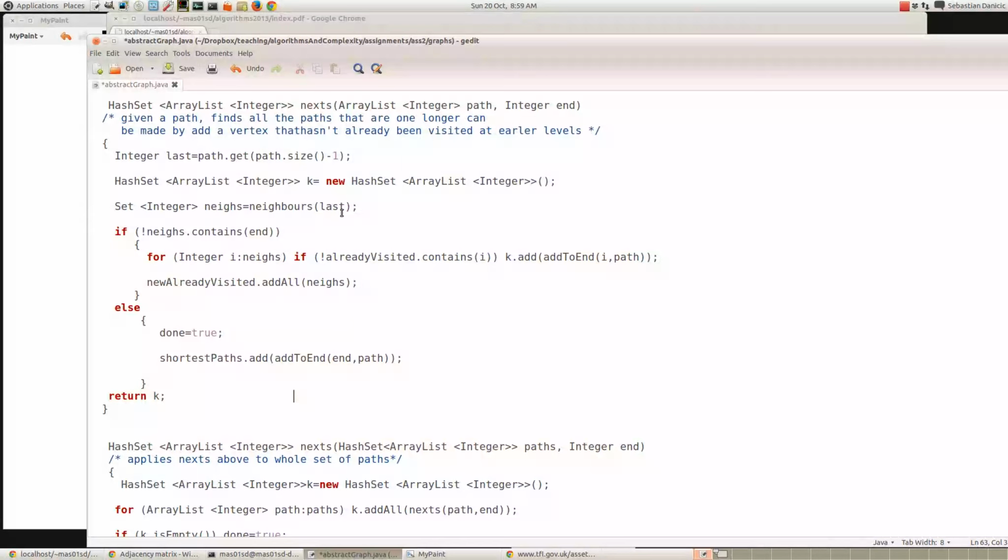So now for all those neighbours, this neighbours set here, we can check whether the neighbours contain end. If it does contain end, it means we found a shortest path. So what we're going to do is set done to true, which means the other loop will finish, and we add the original path with end stuck on the end to our shortest paths